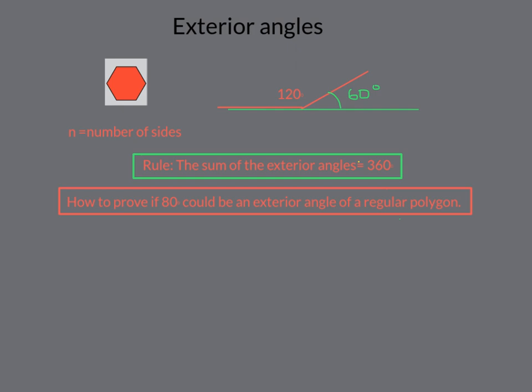So the number of sides multiplied by 80 should equal 360. We've set up our equation, so let's try rearranging it to find the value of n. What is the opposite of multiplying by 80? Dividing by 80. So you've got 360 divided by 80,